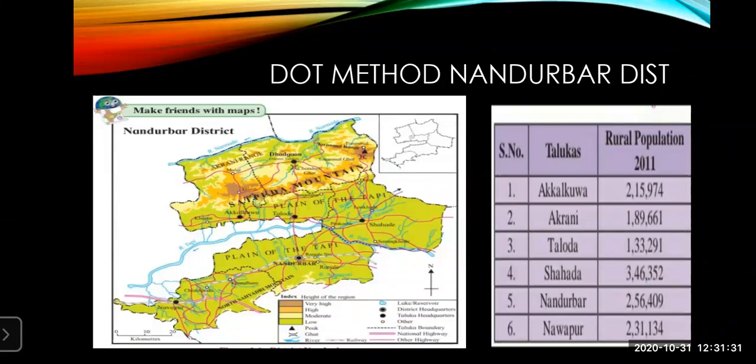Now, the 6 talukas are given in the column. In Akkalkuwa, the data is given as 2,15,974. Then Akrani is 1,89,661. Then Taloda is 1,33,291. Then Shahada is